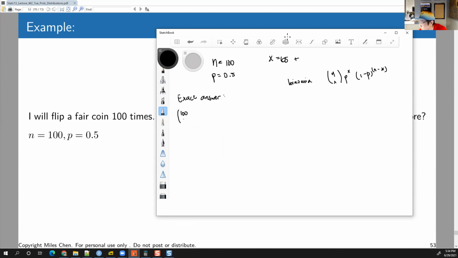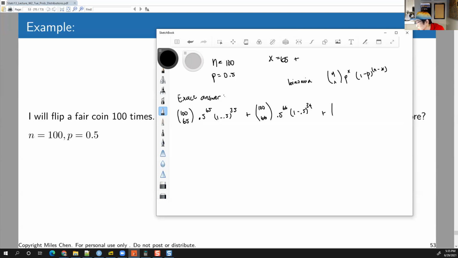Okay, so I would have to do 100 choose 65, 0.5 to the 65, and 1 minus 0.5, which, luckily for us, is also 0.5, and I would raise this to the 35. But then, because it says 65 or more, I would also have to ask, what's the probability of getting 66 heads? 100 choose 66, 0.5 to the 66, 1 minus 0.5 to the 34,